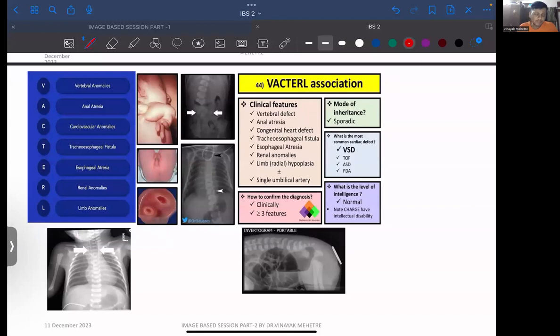cardiovascular anomalies, tracheoesophageal fistula, esophageal atresia,